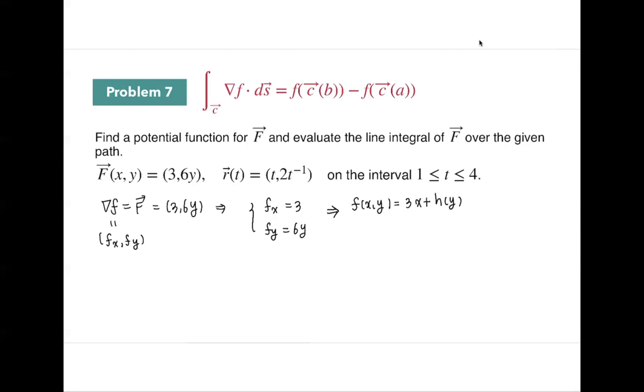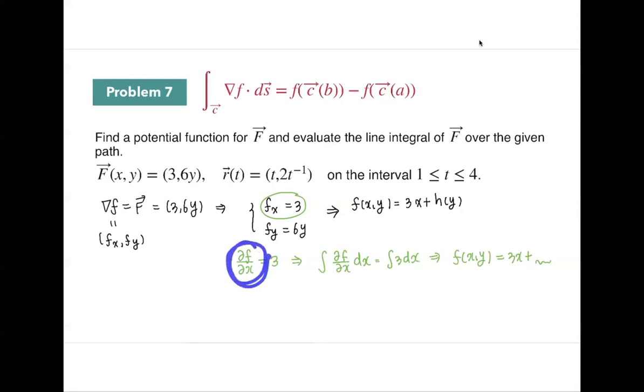Maybe it is better to write out more detail. Here, fx equal to 3 means df dx equals 3. Okay. So if we integrate both sides with respect to x, then it'll be f of x comma y equals 3x plus, we use this constant here, but in this case,